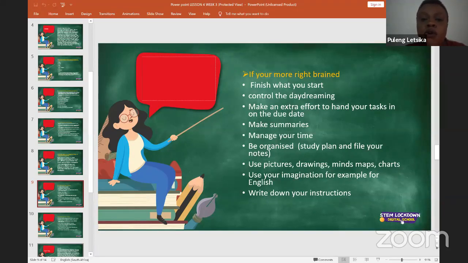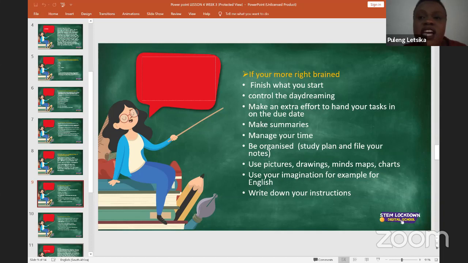So yes, that is if you're more right brained. So basically, that would be it. And use your imagination, make it work for you. So we're not trying to discourage you from using that strength. You can use that strength, so you can think out of the box.